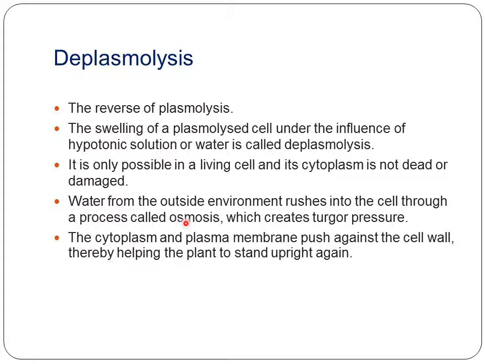So this deplasmolysis helps all the cells to regain their normal condition and it helps the plant to stand upright. So previously we have seen that plasmolysis causes shrinkage of the cell in hypertonic solution. This is causing swelling of the plasmolyzed cell in hypotonic solution. And all the living cells, when they are placed in hypotonic solution, if the cytoplasm is not dead, they will show the changes like this. Plasmolyzed cells actually, not the normal cells. The cells which are already shrunken, or where the shrinkage has already occurred, only those cells